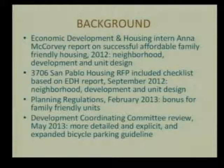Then in 2012, Economic Development and Housing intern Anna McCorvey put together a report on successful, affordable, family-friendly housing, and she addressed the neighborhood, the development project, and the unit design. We have Catherine Firpo here from that department, and her request for proposals for the 3706 San Pablo Avenue affordable family housing included a checklist that was based on that report. That went to the council for approval in September of 2012, and it had the same three subheads